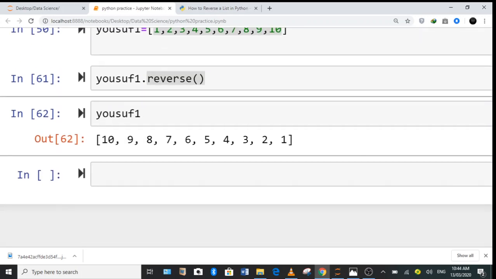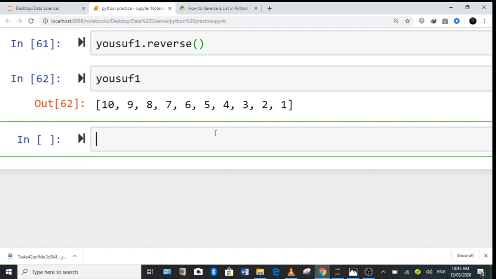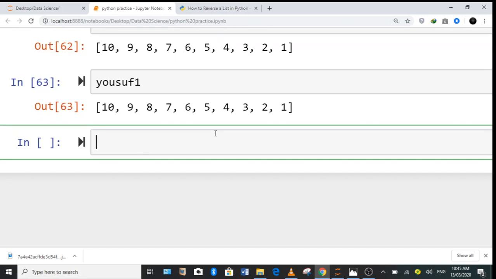Okay, what else can we do with the list? How to replace the elements in the list. So if I again type my list here, it is showing in the reverse order. So what if I want to replace 10 by some other value? I just simply type here